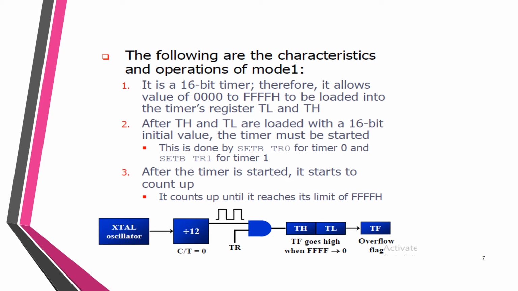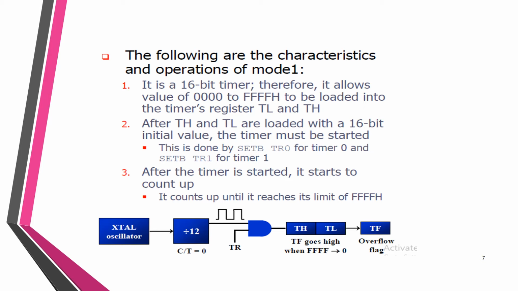The start and stop of the timer are controlled in software by the timer start bits TR0 and TR1. This is achieved by the instructions SETB TR1 and CLR TR1 for timer 1, and SETB TR0 and CLR TR0 for timer 0. So through instructions you can do this. The SETB instruction starts it and it is stopped by the CLR instruction. These instructions start and stop the timers as long as GATE is equal to 0. You have to remember this. So setting and clearing a particular timer is carried out with the condition that the gate bit is kept 0